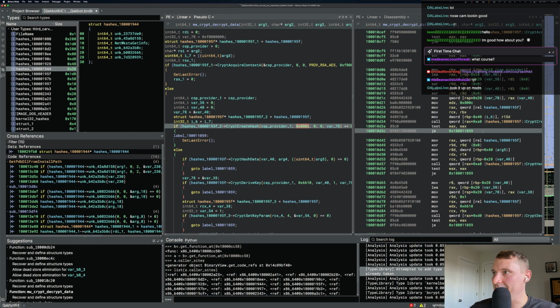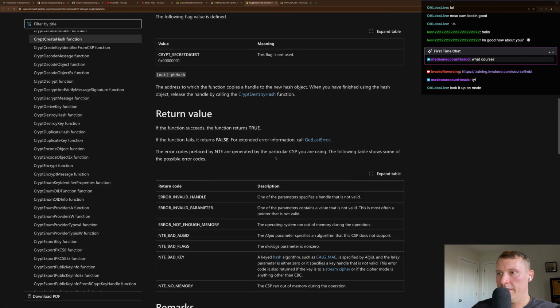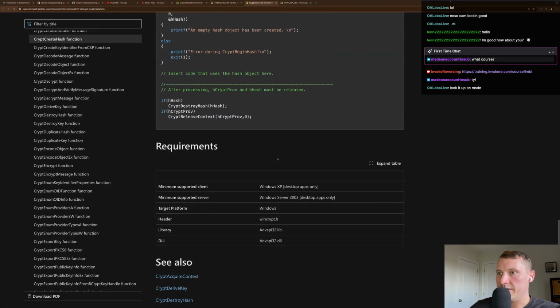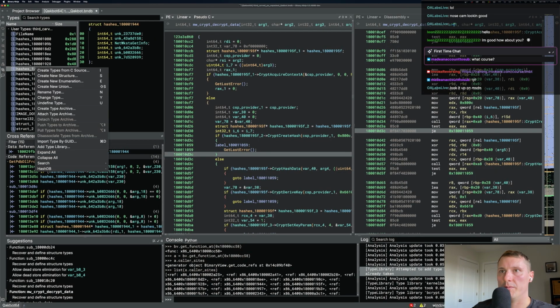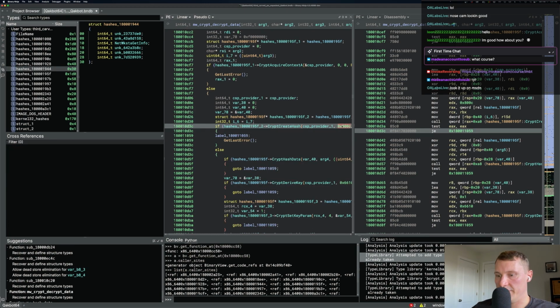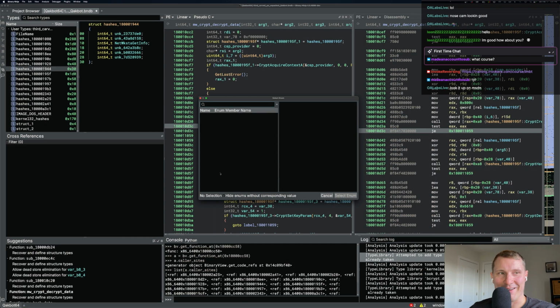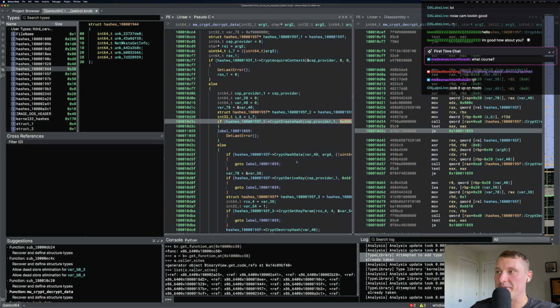I know. So if we go to CryptCreateHash on MSDN, and then I scroll down, then I can see that this is in advapi32.dll, right? Or it's in the WinCrypt header. But if I import, say, advapi32.dll here, which I've already done, then the enum still isn't in there. So I don't really get it. So maybe I'm doing something wrong, but